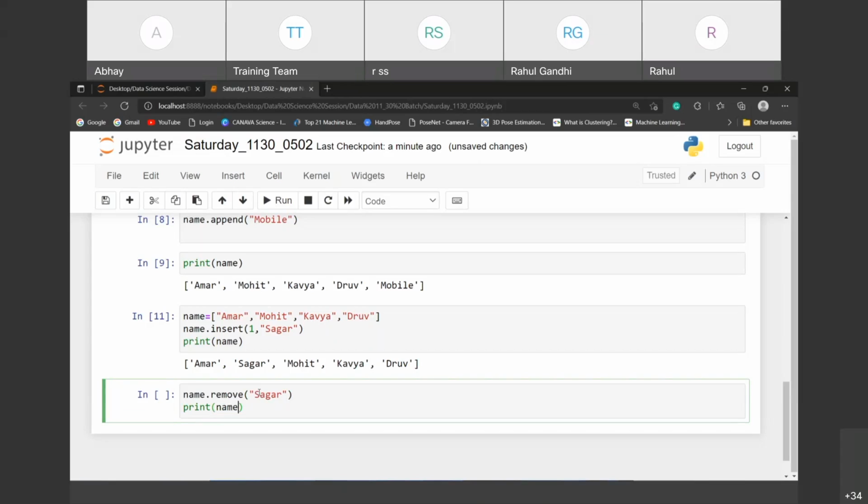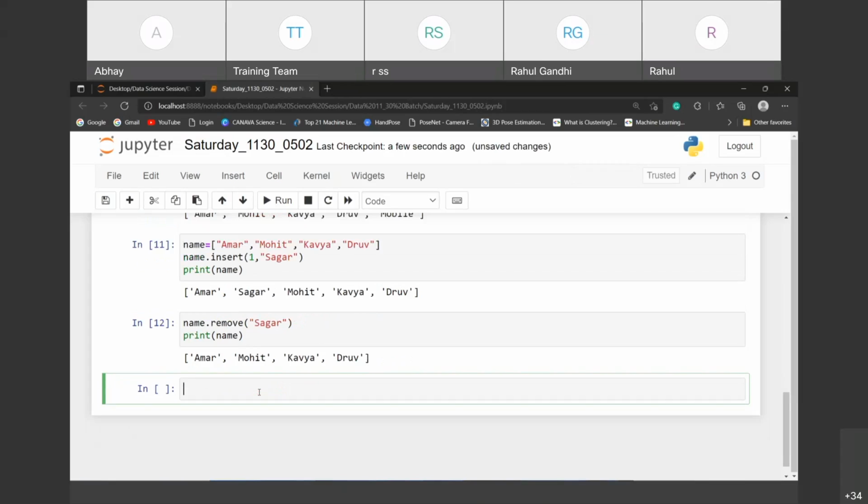But the difference we get here is that name.remove we can use when Sagar is already present in the list. Check out, Sagar is gone, because Sagar was already added here and is removed by name. You are passing the variable, you are passing the string.